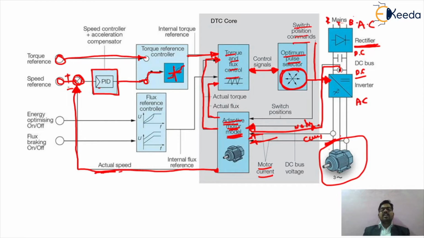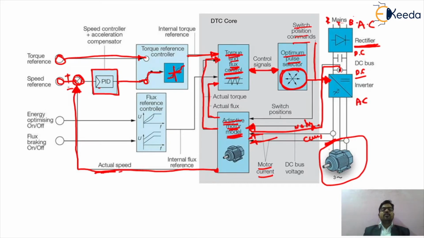Okay, so similarly, if you want to control the flux, as we know, in concern with the speed control strategy of your induction motor, if you want to get the vector control strategy, it means we are converting the phase quantities of the ABC stationary frame into direct and quadrature axis components. So the direct axis component will be responsible for the production of flux, and the quadrature axis component will be responsible for the production of your torque.